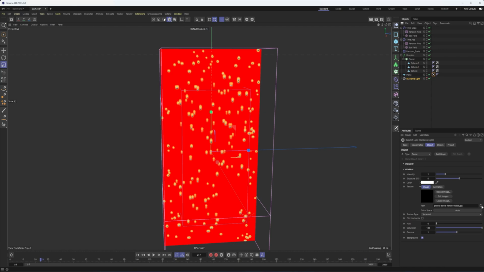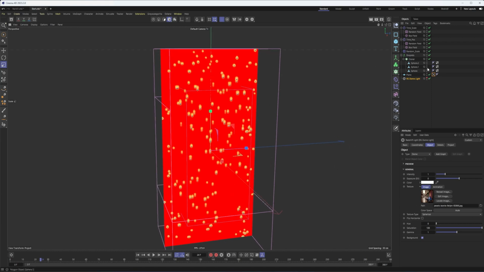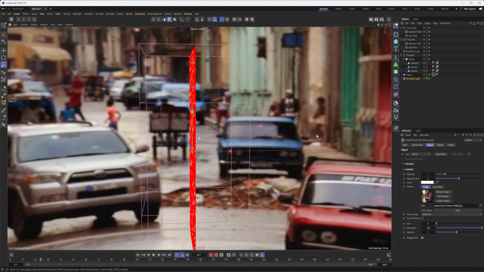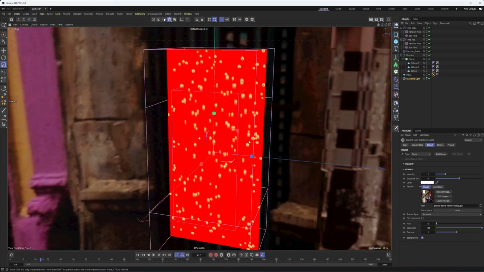So I'm going to come in here with my dome light and load that in. So I'm going to just find my folder. Find that image. I'm not sure exactly why it wasn't finding it previously. Okay, guess it wasn't copied, even though I saved these into the same folder. So all I did was load that image into our dome light. And if we see our dome light, which would help if I switched our renderer to Redshift, that may have also had something to do with it. You can see here's what we're working with.